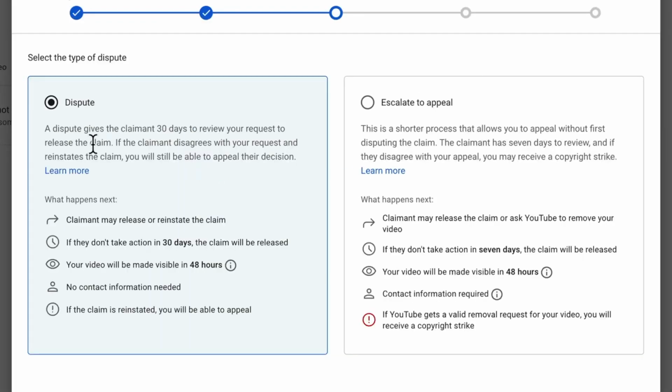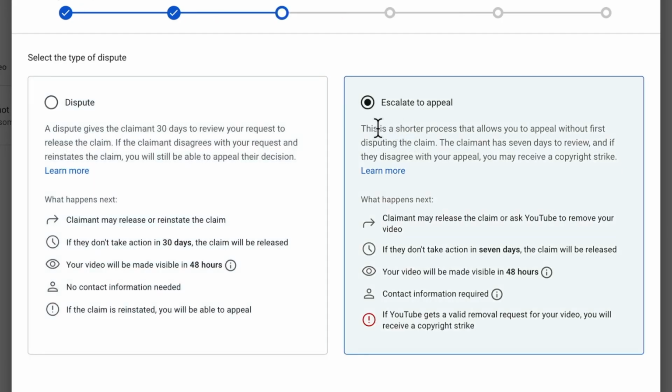So just a regular dispute will give the claimant 30 days to review your request and to release the claim. If they disagree with your request and reinstate the claim, then you'll still be able to appeal their decision. If we want to escalate it, it says this is a shorter process that allows you to appeal first without disputing the claim. The claimant then has 7 days to review, and if they disagree with your appeal, you may